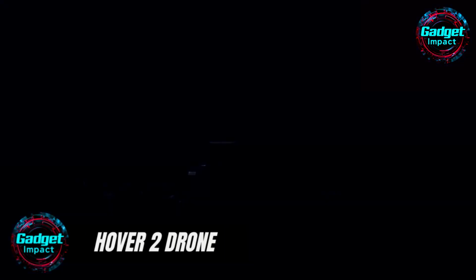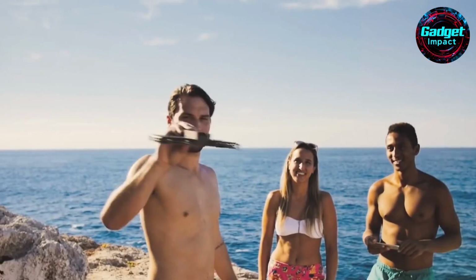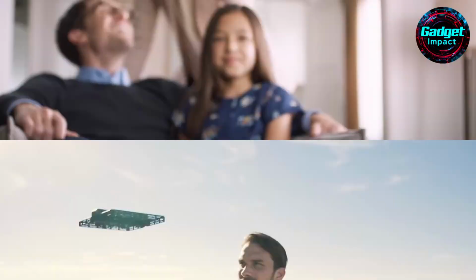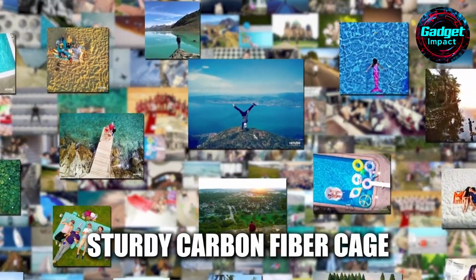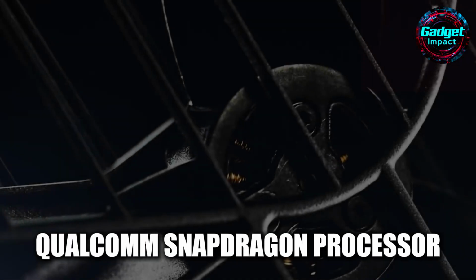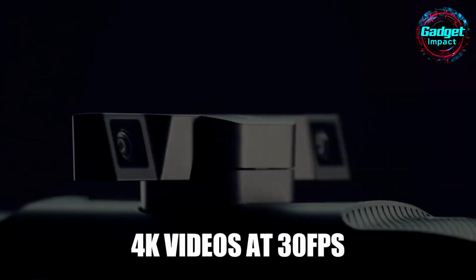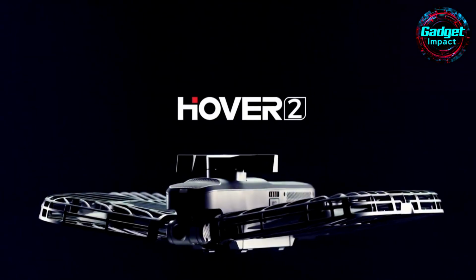Meet the Hover 2 drone by 00 Robotics. The Hover 2 drone by 00 Robotics is an advanced and compact flying camera that builds on the success of its predecessor, the Hover Camera Passport. This new model features a foldable design, a sturdy carbon fiber cage, and a powerful Qualcomm Snapdragon processor. It captures stunning 4K videos at 30 FPS and 12 megapixel photos, now enhanced with a 2-axis gimbal for improved